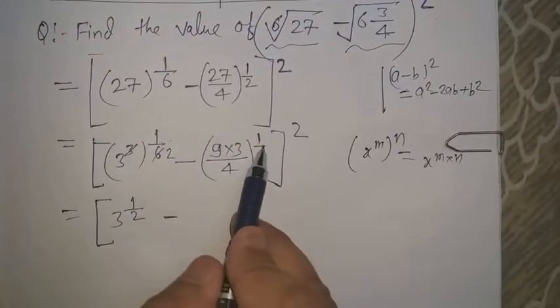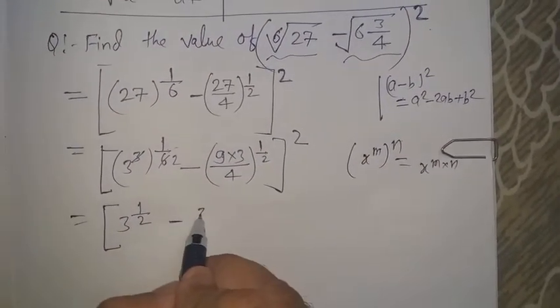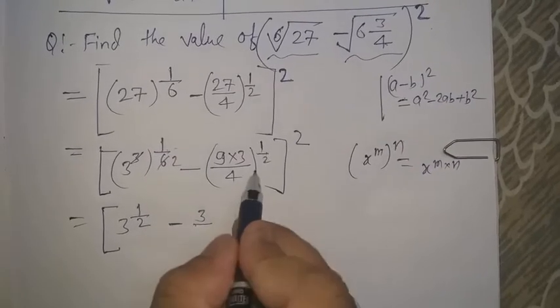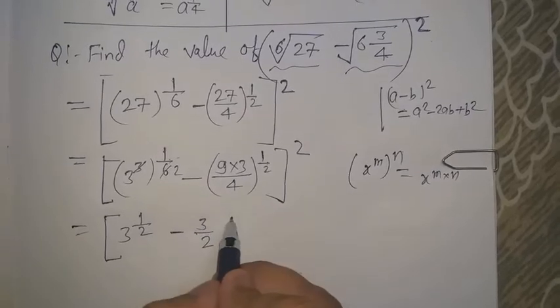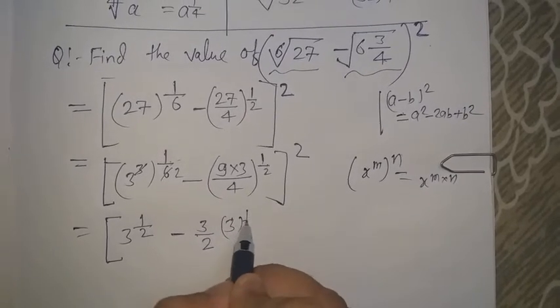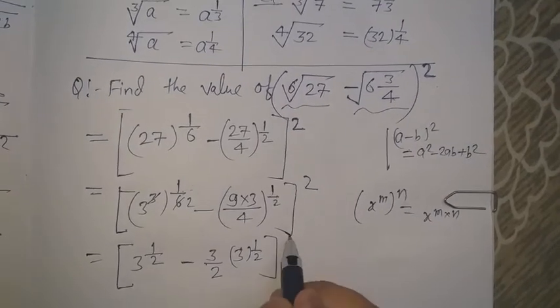So here root of 9 is what? 3. And root of 4 is what? 2. But 3 is remaining. So this is 3 to the power 1 by 2 whole